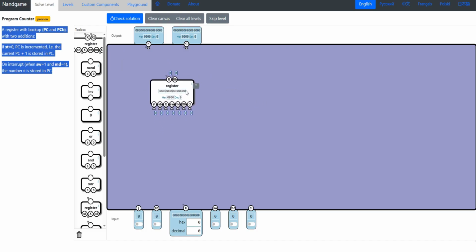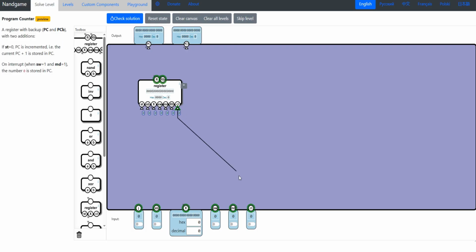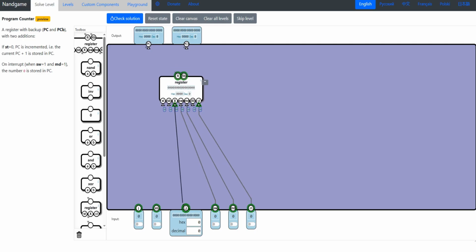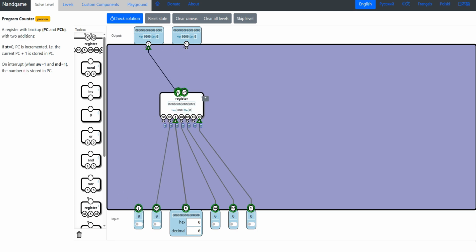And I think we can safely hook up some of these things. So we'll hook up the clock. We'll hook up our MD and SW flags. We don't really have an X not, so we're just going to hook up X. And then we can hook up SB to SB. And we have a J input here and an ST. But we do have a PC, which I think is supposed to go to R, and PCB, which I believe is supposed to go to RB. And let's maybe assume that ST is supposed to be J. I'm not really sure about that, but let's just say we have this hooked up correctly without these current additions